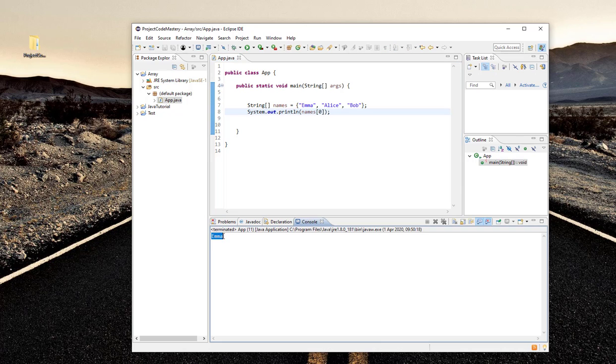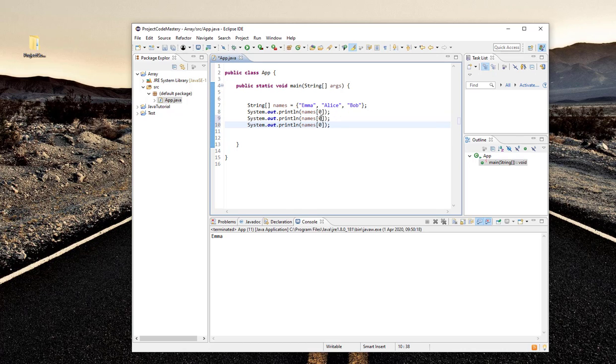So for example, if I'm going to run this now, it's going to output Emma, and if I do the same thing twice more and I change the index, it's going to print all the names. But like I said, we want to do this in a more dynamic way, simply because this is not sustainable. If we're going to have 1,000 names, imagine having to type in system.out.println names and the